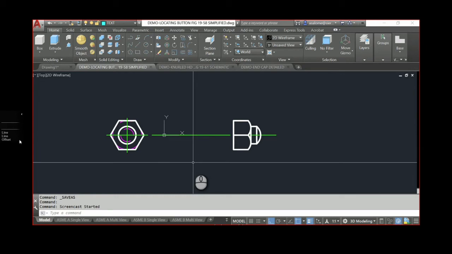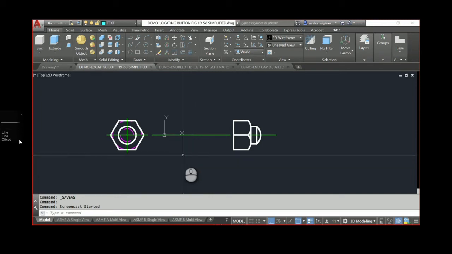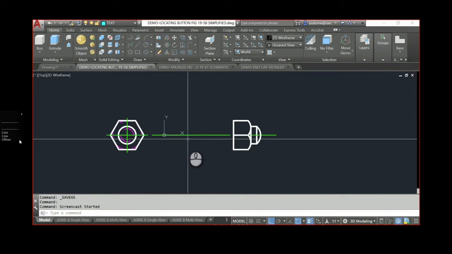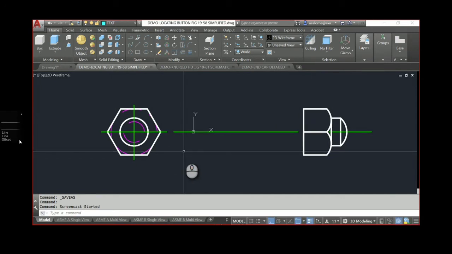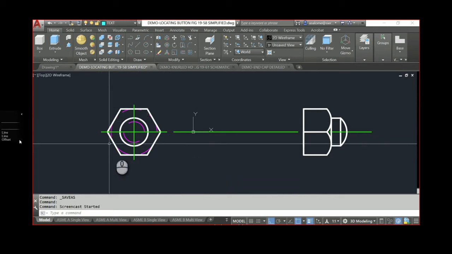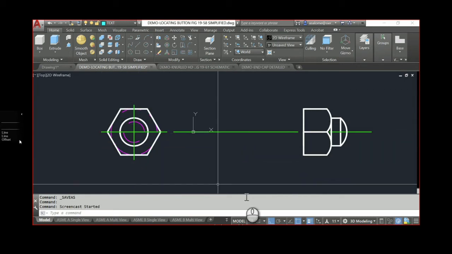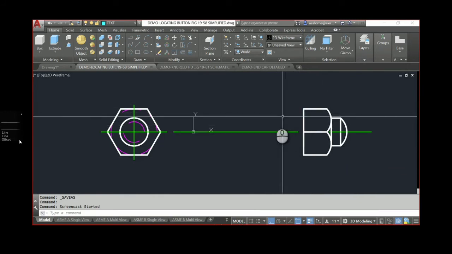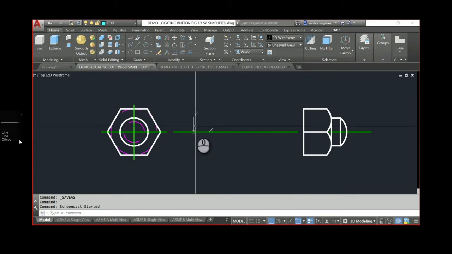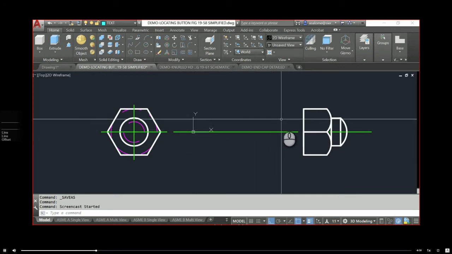And you're going to develop the views alongside each other as if you were sketching on paper, making sure those views are in the correct locations according to Glassbox, and making sure that they're aligned with each other. So what I did is I started my drawing. I used the geometry that I had and drew up the end view of my locating button screw and the profile view or front view of my screw here. And now what I'm going to do is draw in the body of the screw and show you how to do simplified threads.